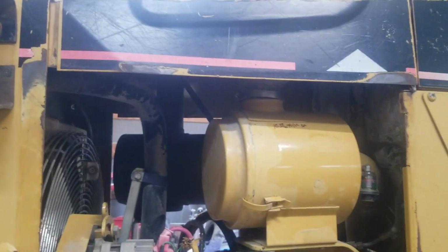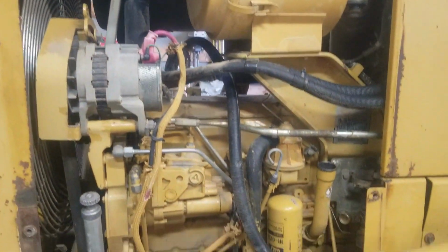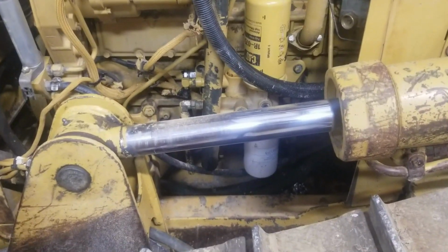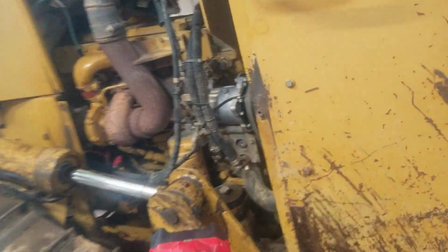This door comes off. You just twist the two little handles and flip them and set the door out. Then this has two bolt holes that hold that lower panel on, and they got a pocket that slides in at the bottom. And then on the other side is your engine oil filter in plain sight. Pretty much, you know, it's a big one. But right here, when you take that side panel off,